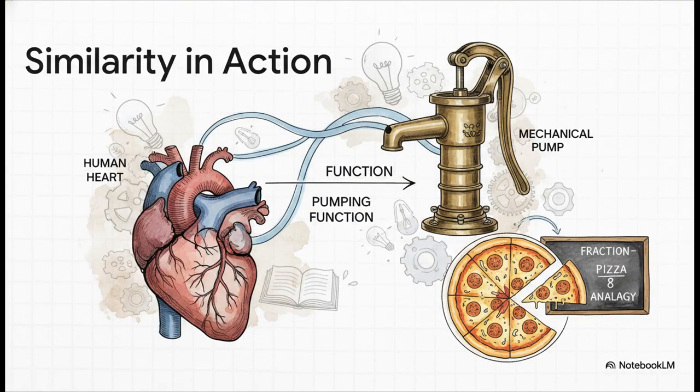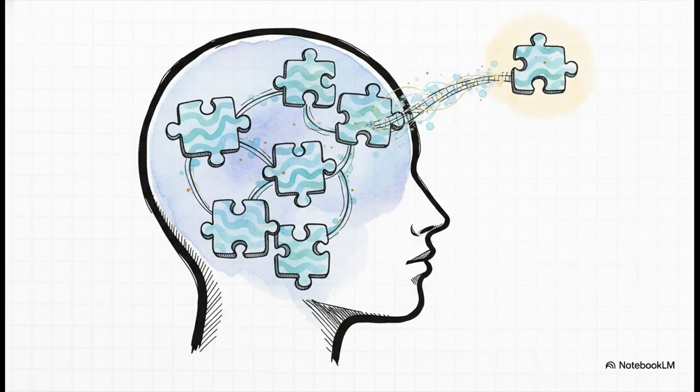And you see this in action everywhere, especially in the classroom, right? It's the whole reason a super complex organ like the human heart suddenly clicks when you compare it to a simple pump. It's why fractions, which can be so abstract, make instant sense when you think of them as slices of a pizza. Similarity is like a mental shortcut. And here's where it gets really wild. What Aristotle figured out just by thinking, modern cognitive science has proven in the lab. He called it similarity. Today we call it schema theory. This idea that our brains build knowledge by fitting new stuff into mental frameworks we already have. The guy was literally 2,300 years ahead of the curve.